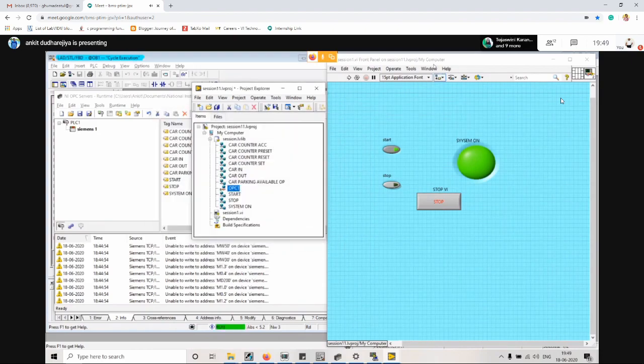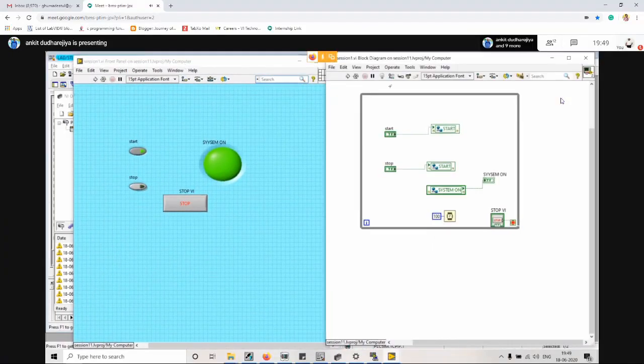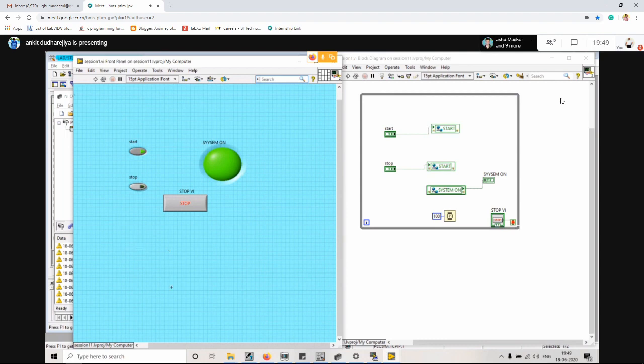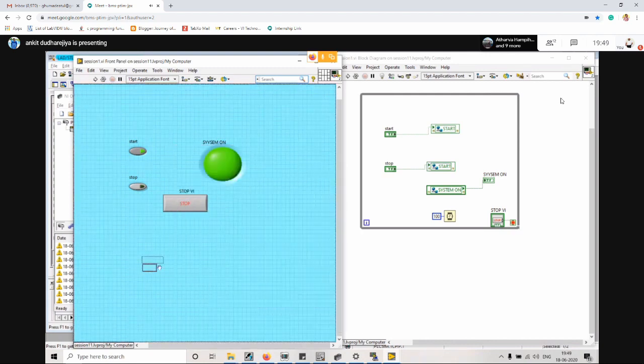So let's make a code for that. Car in and car out are inputs. So I am going into the boolean, and I am taking an OK button as car in.